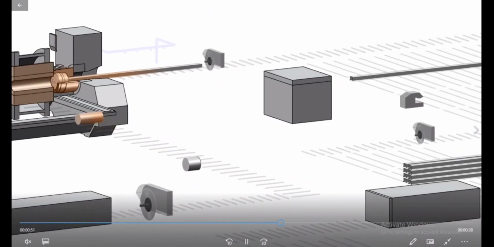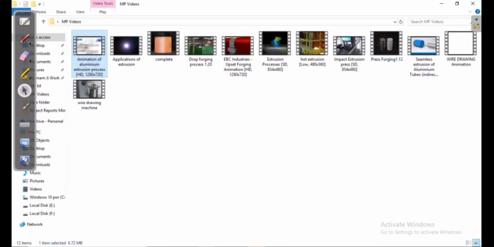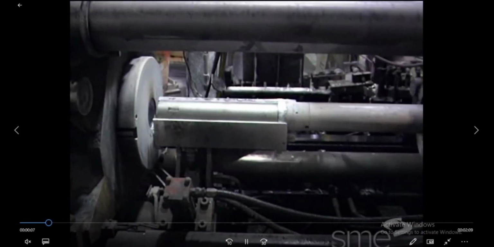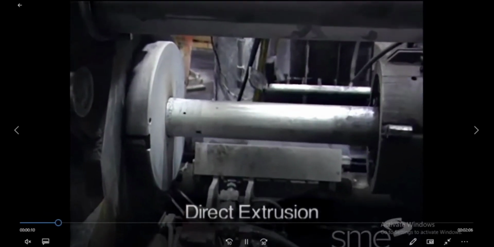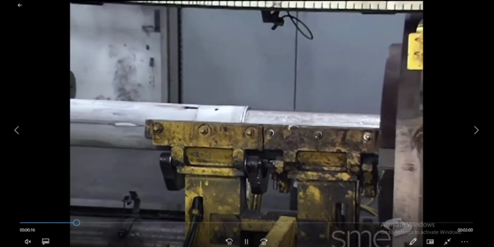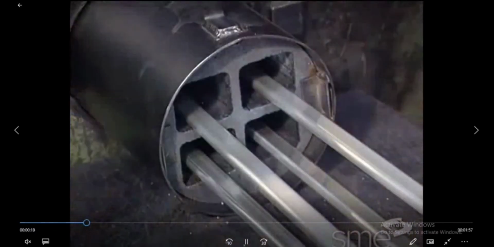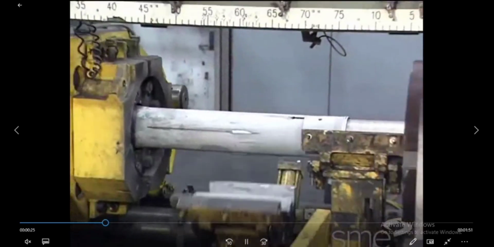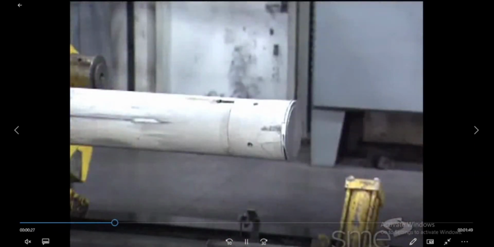Okay, so this is the extrusion process. We can have a look at the extrusion process in industry as well, how it works in the industry. So this is the ram, this is the billet, this is the container. It is being forced through this container with the help of this ram. The ram will feed the billet and compress it through the container and a die, and this is the extruded product.